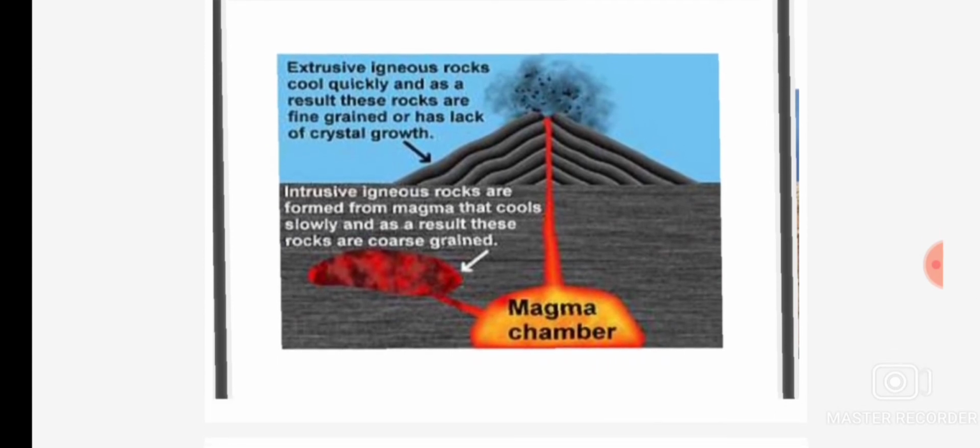Let's understand it better through this diagram. Here you can see the magma chamber, and when this magma comes out at the earth's surface, gets deposited on the earth's surface, cools down and gets converted into rocks, the rocks formed by it are known as extrusive igneous rocks. And if that magma cools down just below the crust, here you can see a red part, that is magma after cooling down getting converted into a rock. That rock that is formed inside the earth is known as intrusive igneous rock.